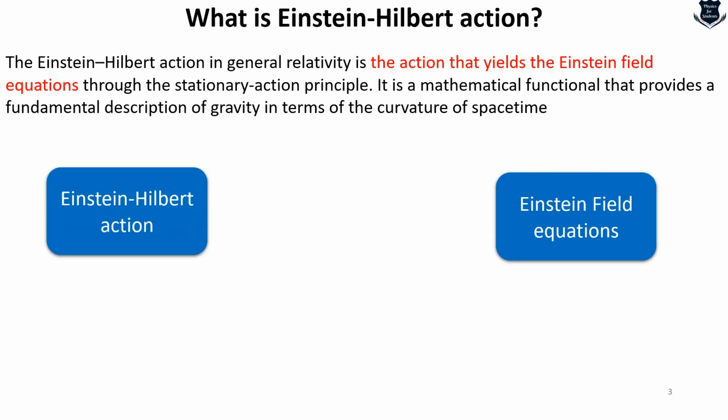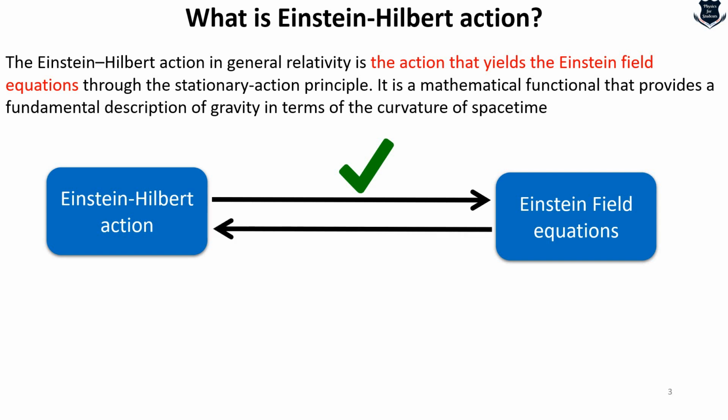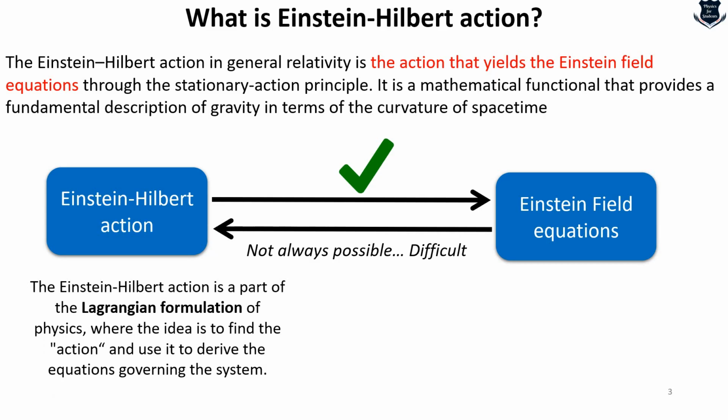So if we take two sides, on the left-hand side the Einstein-Hilbert action, and on the right-hand side the Einstein field equations, definitely from the Einstein-Hilbert action we can move to the Einstein field equations. However, moving from the Einstein field equations to the Einstein-Hilbert action is a little bit difficult and not always possible. The reason is that the action is much more fundamental because it is a part of the